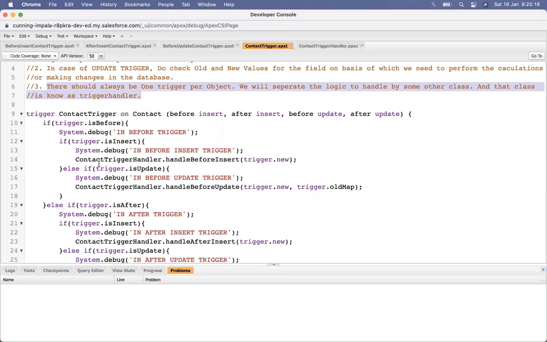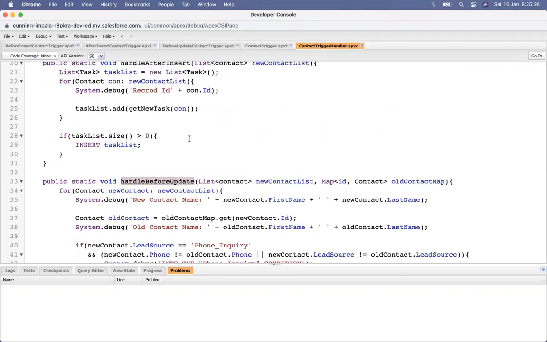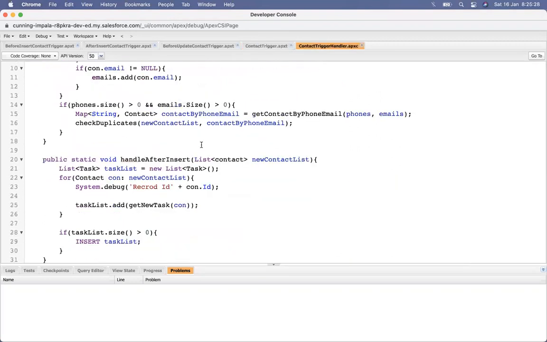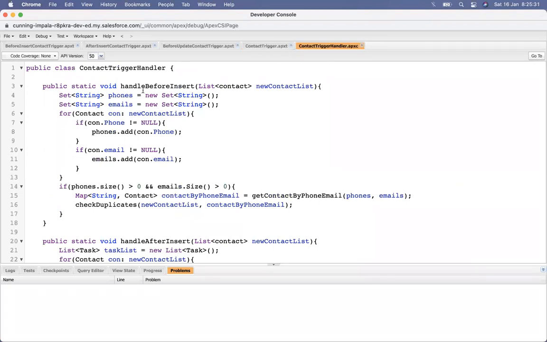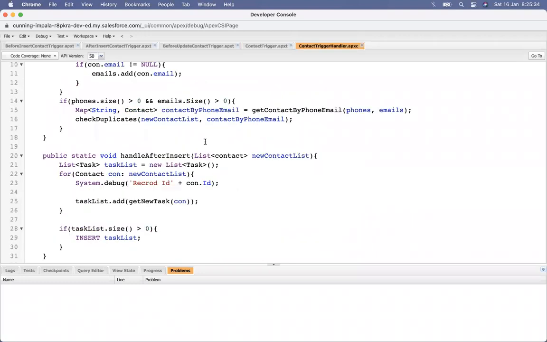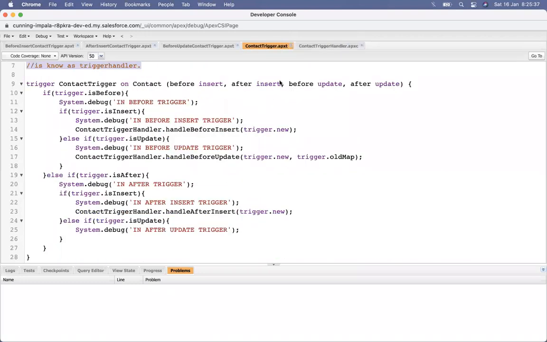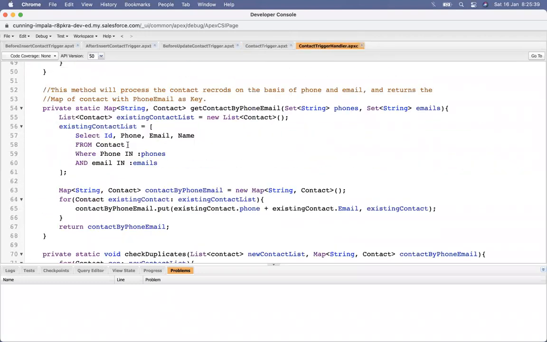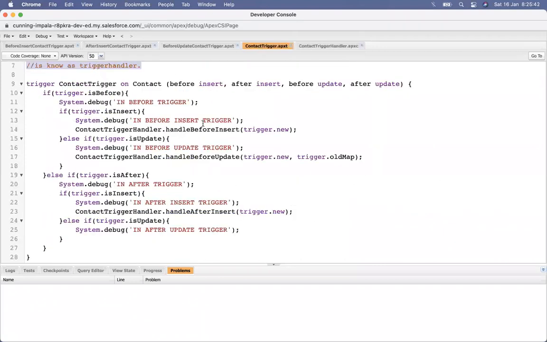In that trigger you can call any methods, and for any trigger there must be a handler. That handler contains all the logical part of what the trigger should do. So in that handler we just pass the values required to call the method.